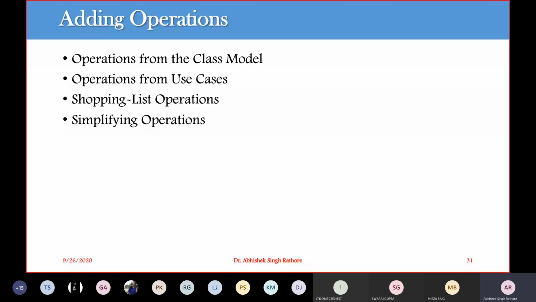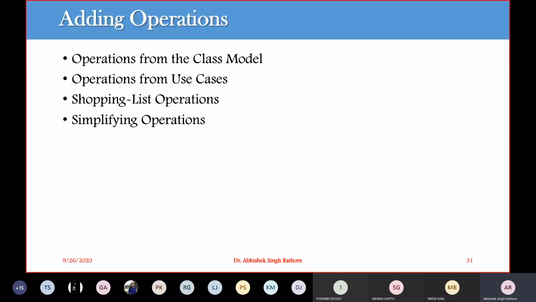Now the third way is the shopping list of operations. Sometimes, in real-world behavior, your class suggests operations, and some authors call this a shopping list, because these operations are not dependent on your particular application, but are meaningful in their own right. Shopping list operations provide an opportunity to broaden your class definition beyond your narrow needs, since we are otherwise focusing on the immediate problem.